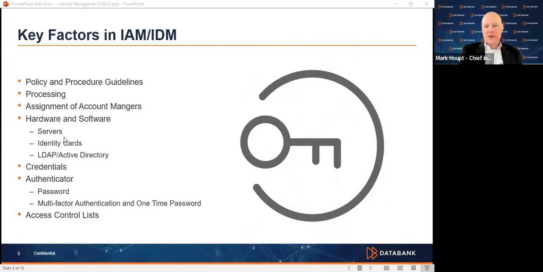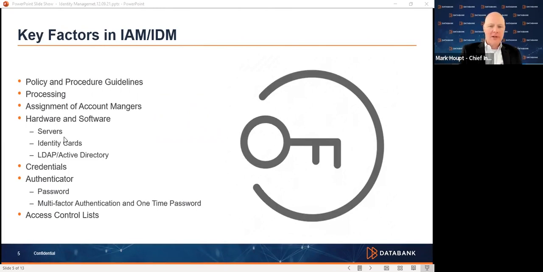And these are the types of situations where you may type in your user ID or your credential, and then your authenticator, your user ID and password, and then you get a text on your smartphone, or you have an application on your smartphone that allows you to push a button or respond to the text that comes in that further allows the access. And the reason that we need to be getting to these stronger authenticators in this manner is because just a password is no longer sufficient to get into systems, even with a passphrase type of situation as your password. These are all crackable.